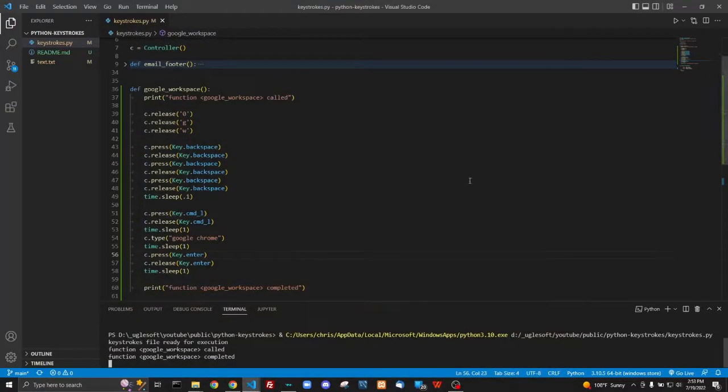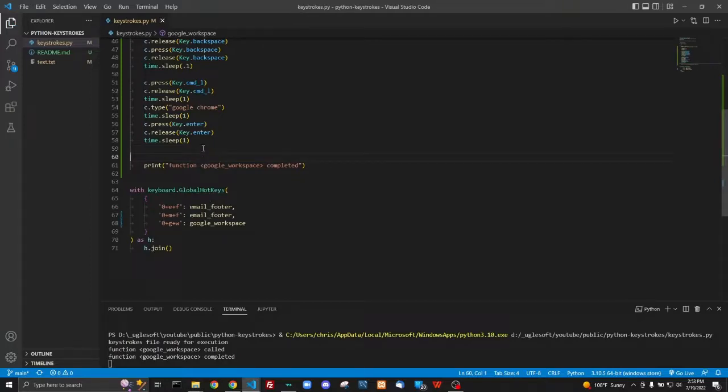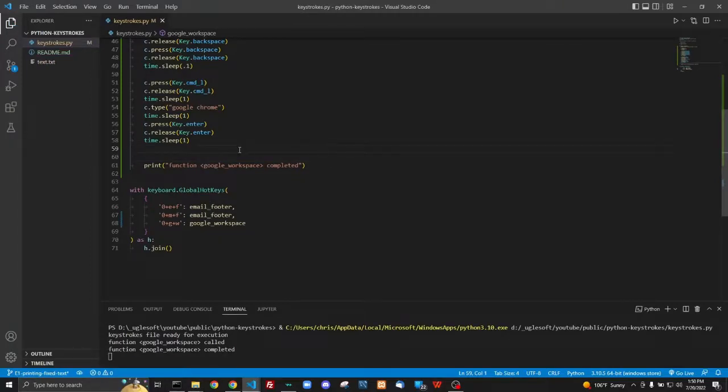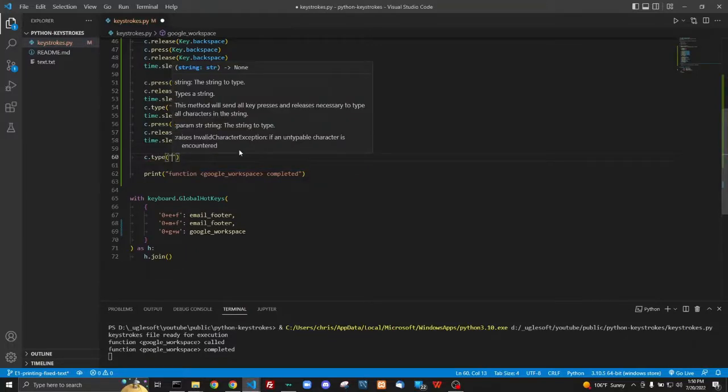Let's close this out, and we can start adding some more things to our function to work within the Chrome application now that it's going to be open at this point in the function. When we first open Google Chrome, the URL bar is going to be highlighted, meaning that we can just start sending things to the keyboard and it'll go right in there. So we can type out ctype, and then in here is where we're going to put the URL that we're trying to go to. So I'm just going to go to